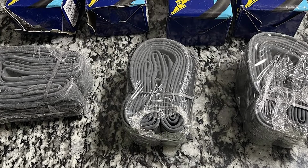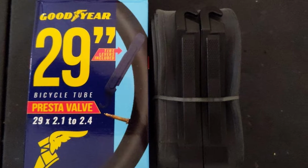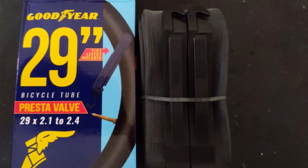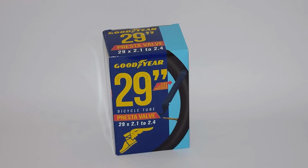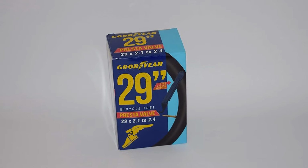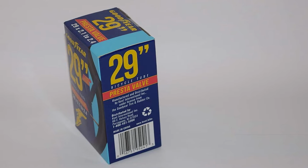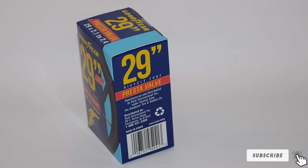aerodynamics. The durability factor is not compromised, with the tube constructed from premium materials that withstand the rigors of different riding conditions. When it comes to features, these tubes shine with their versatility and effectiveness. Suitable for both casual and professional cyclists, the Goodyear Presta valve tube ensures a smooth and efficient ride every time. If you are looking to upgrade your cycling gear with a touch of elegance and performance, these tubes are a